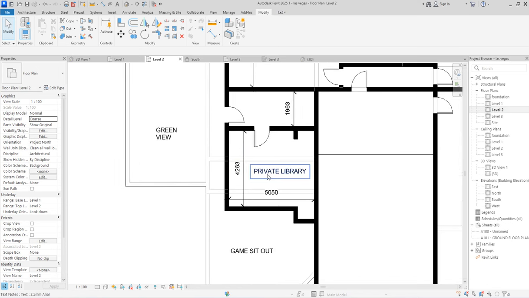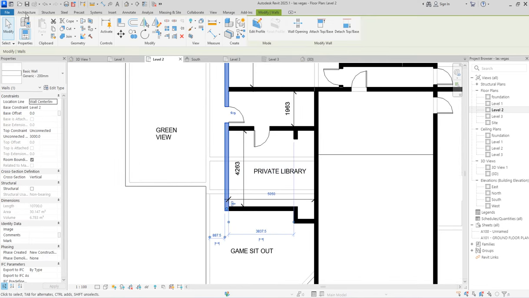At your level 2, because this one is a private library, you do the same process and work it out again. So click on wall, say architecture wall. The same glazing that we have been using, you select it. This one is going to be automatically embedded without any issue, because you have already signified for that to follow the whole process. So when you have it like this, you can just say the same way. Go back to 3D view and see what we have done.